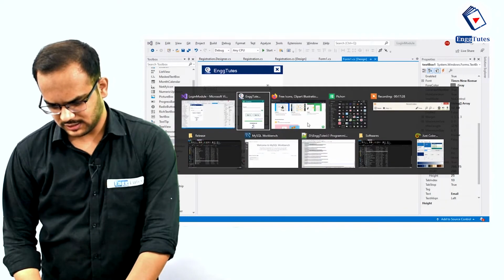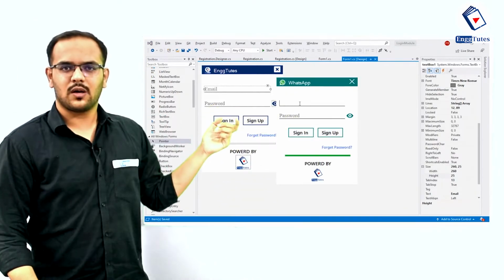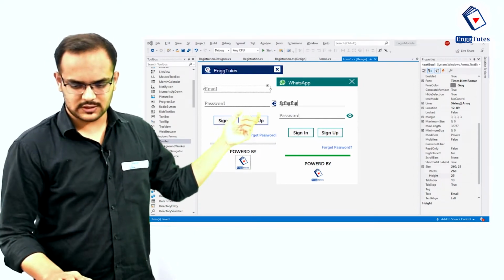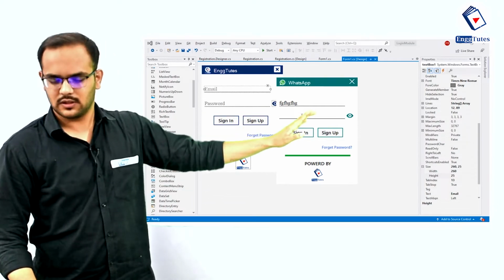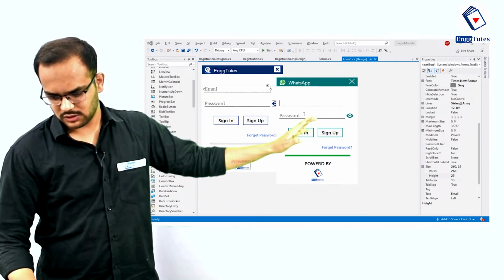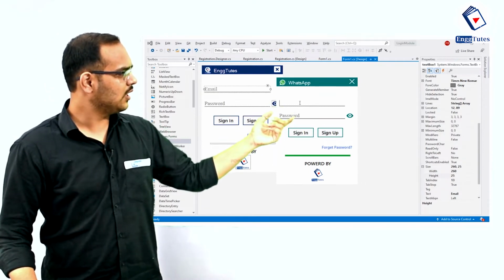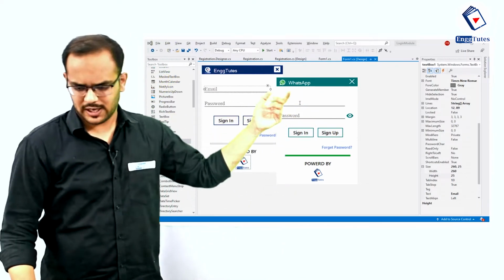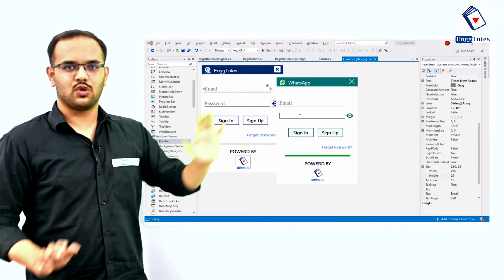Now the next thing is, whenever I click on this email, this particular placeholder should be removed, and if I enter any value and then click on password, the value should be retained. Now see carefully, if I entered any value over here, that value should be retained. But if I have not entered any value in email, and I click on password, then this placeholder should remain. So we have to do this.